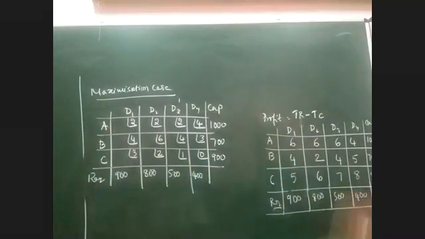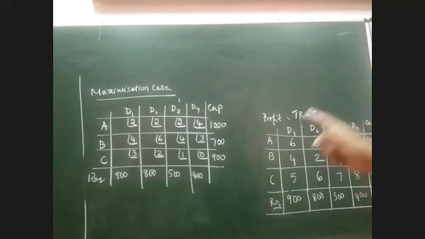Now I am free to solve this problem by any of the 3 methods. Either I can solve this problem by NWCR method, or I can solve by least cost method, or I can solve by Vogel's approximation method. It is up to your choice. Since they have not mentioned any specific methods to be used, you are free to use any of the methods. As I already said, whenever they have not mentioned any method, it is always better to solve by first method. Can you please solve this problem by Northwest Corner Rule method quickly now?